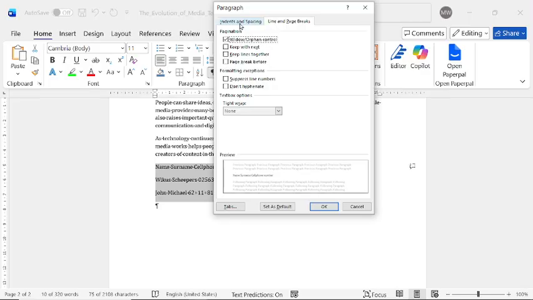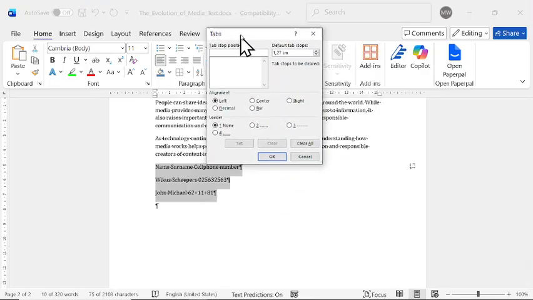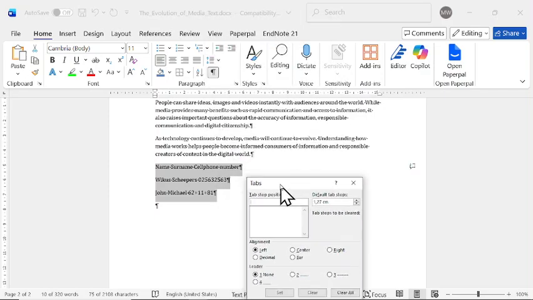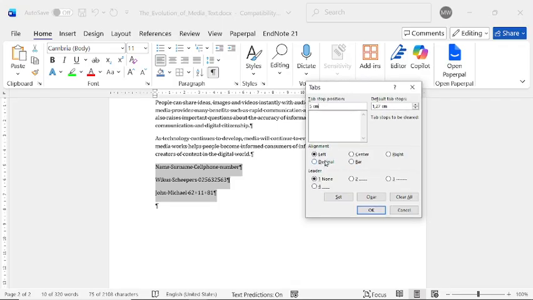We are going to go either at indent and spacing or line and page breaks, and you will see at the bottom we've got an option called tabs. And what I'm going to do is I'm going to click on tabs. Then I'm going to say, okay, my first tab stop, I want it to be here aligned with a 5 centimeter marker. Now, how do I want it to be aligned? Now, this just dictates what part of the text is going to be aligned with the 5 centimeters. Now, if we only want our text to start on 5 centimeters, we're going to say left.